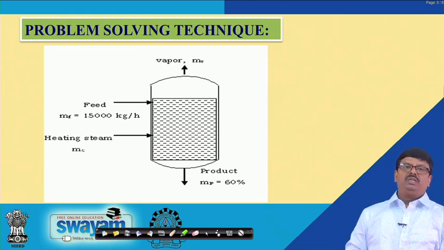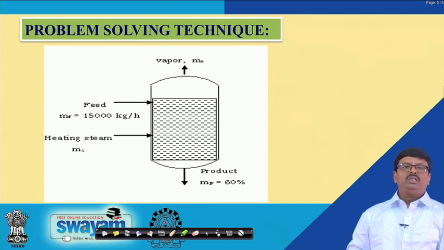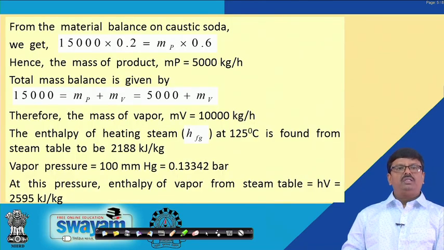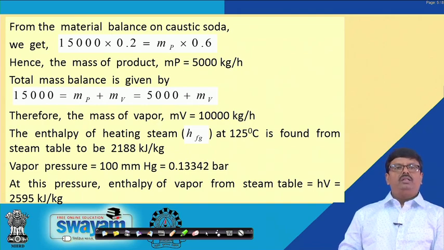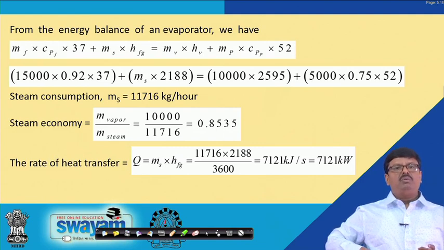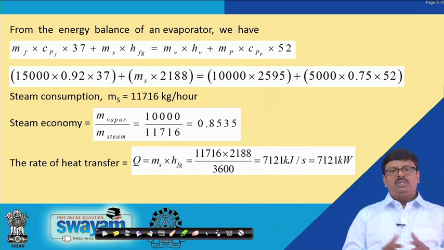What has been schematically presented is that the feed, 15,000 kg per hour, is the rate at which this feed is introduced here, and the superheated vapor is getting relieved from the top portion of this evaporator, heating steam, and the product, its concentration is 60%, will be obtained from the bottom of this evaporator. This is the way we have made a material balance of this caustic soda, and then the enthalpy, sometimes we require this enthalpy value, we use the steam table for this enthalpy, and here finally the steam economy that you have got, this 0.8535 that I have already discussed,